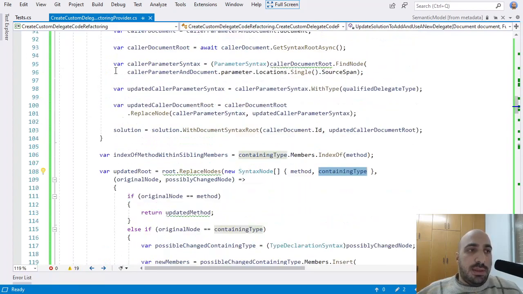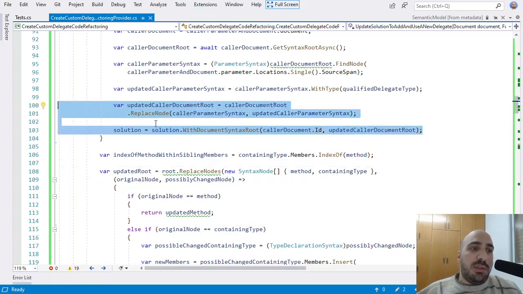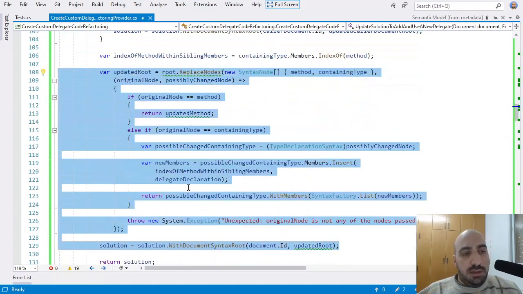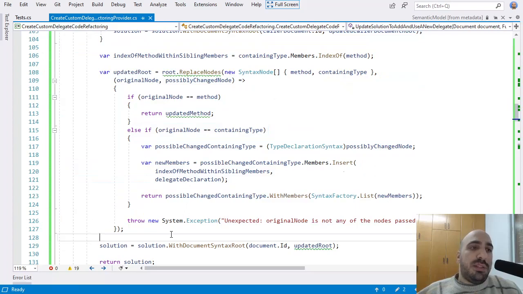That is, here we are updating the solution, but the nodes here are from the old solution, right? So basically what ends up happening is that the changes we made here to the document are lost when we make these changes, right? And there are multiple ways to fix this.